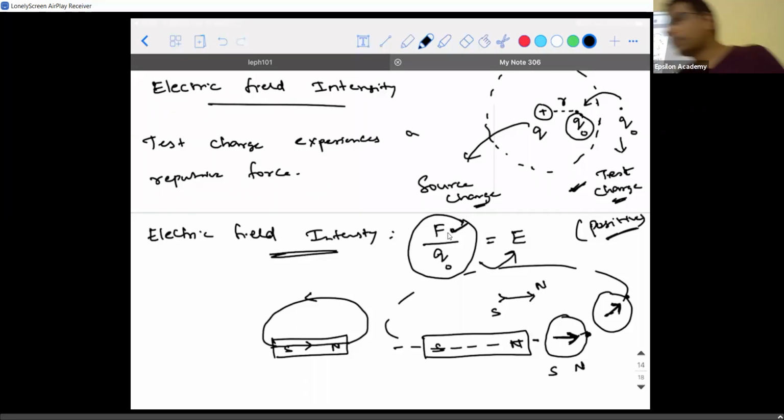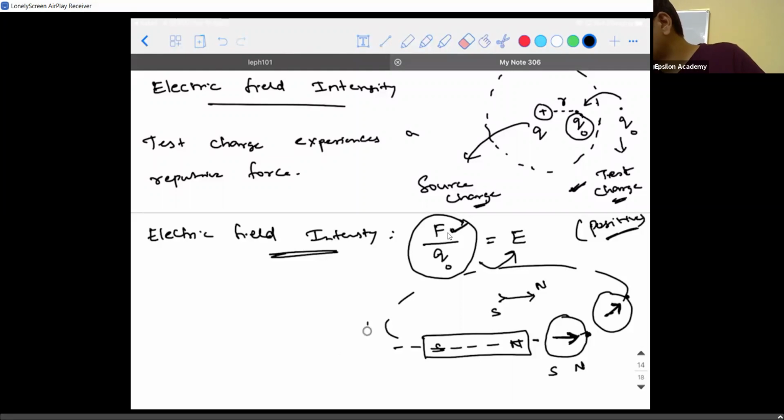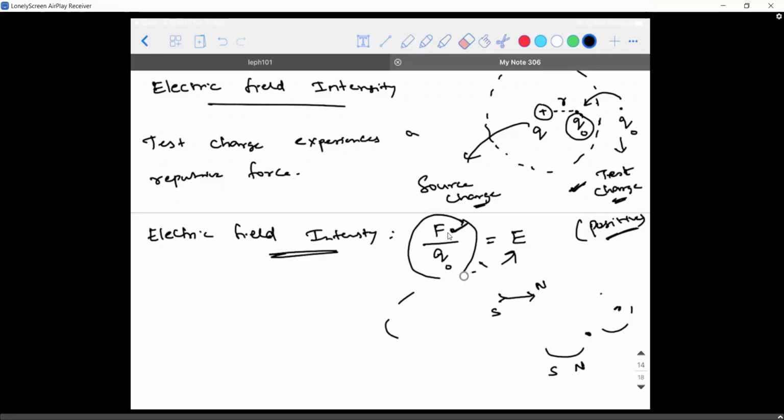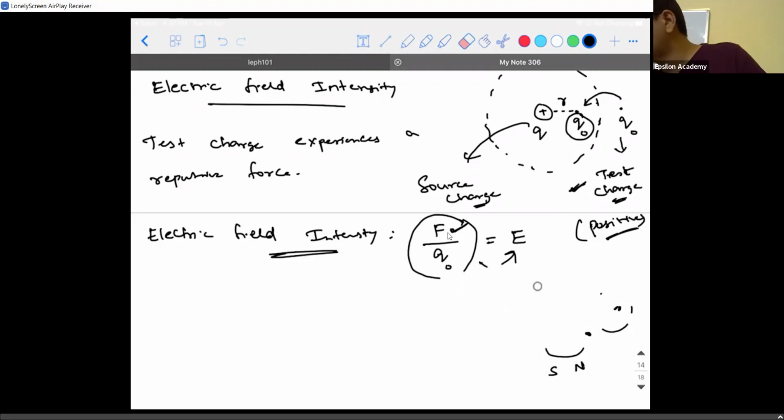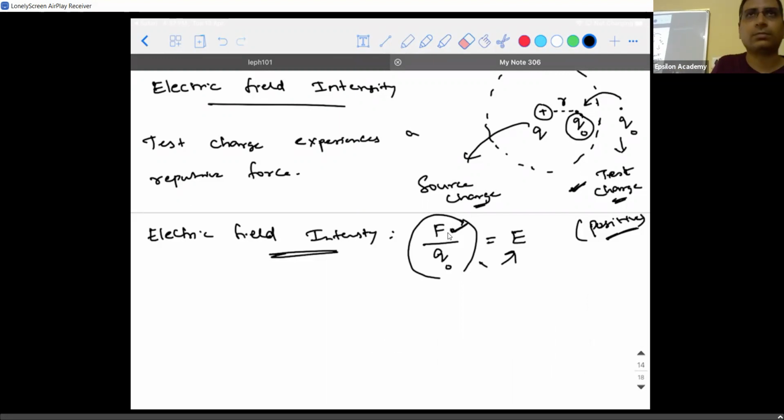Okay. One more important point I have to mention here. Guys online, are you able to understand? Nobody will ask you why it is positive. It is for you guys to know. But if in the question it is mentioned as a unit negative test charge, that is applicable only for that question. If nothing is mentioned, by default, it is positive.